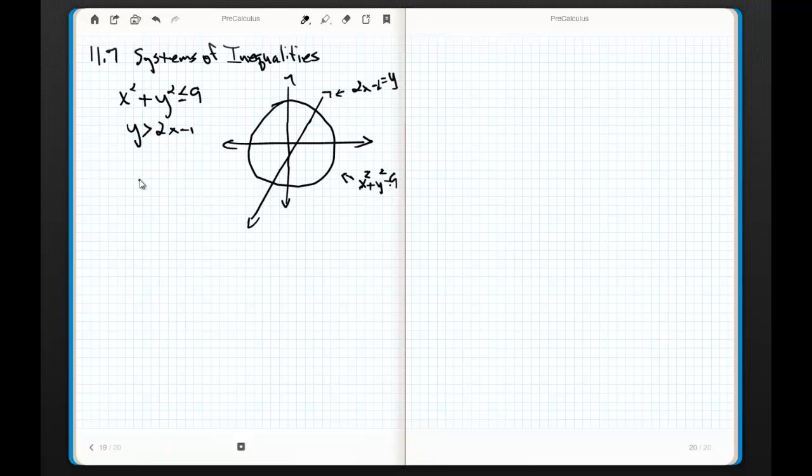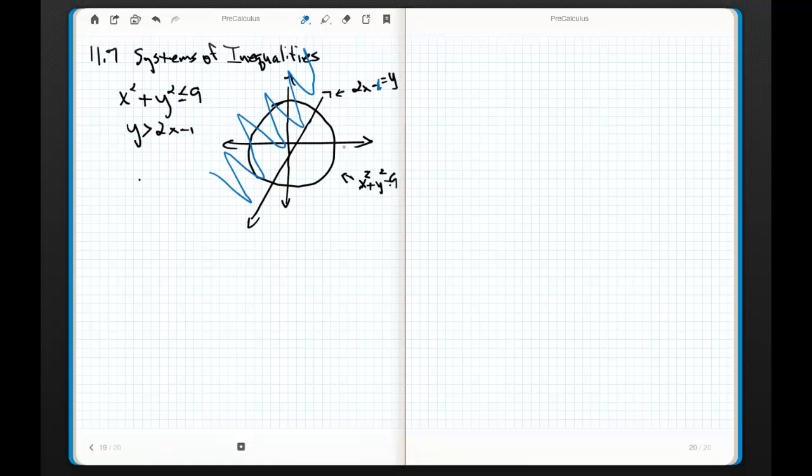Well, just like we did before. Remember, think about what it means to be less than all of the points on this circle. It might be easier to deal with the line first. Remember how I would shade in a region that was greater than 2x minus 1? So where are the set of points where the y values are always greater than this line, 2x minus 1? Well, you just shade in